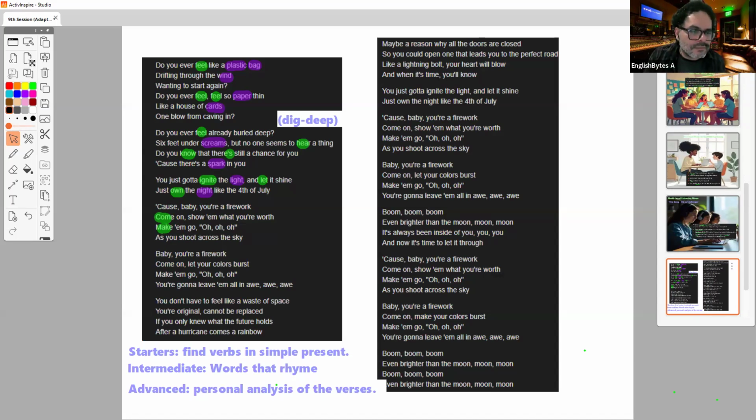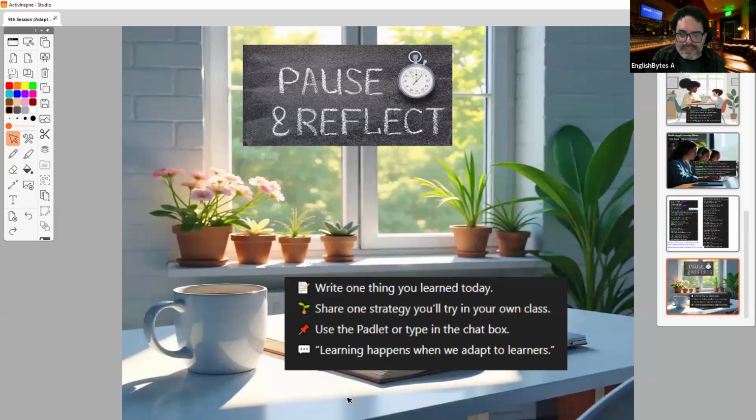Now, guys, pause and reflect. I want you to write on the chat one thing you learned today, maybe one strategy you'll try in your own class. And it says Padlet, just type in the chat box. And check this out. Learning happens when we adapt to learners. So let me read your thoughts. Or you can activate your microphone if you want to say anything that you learned during the class,